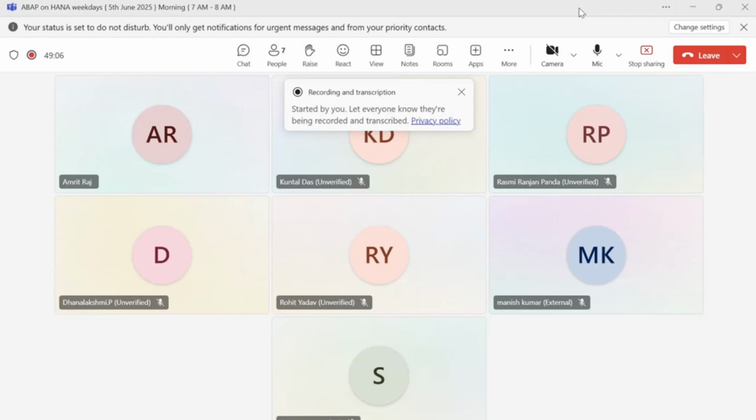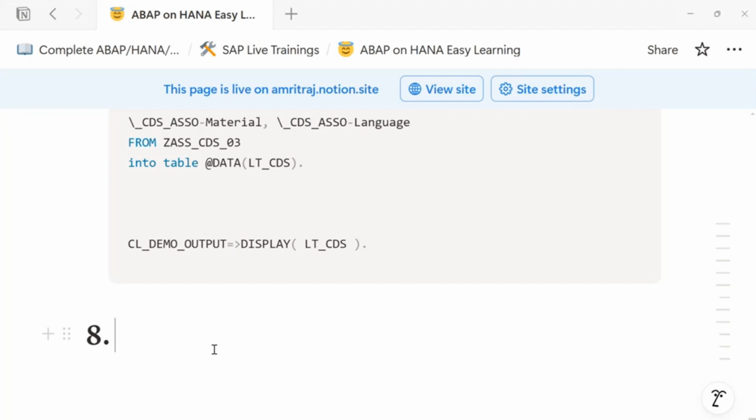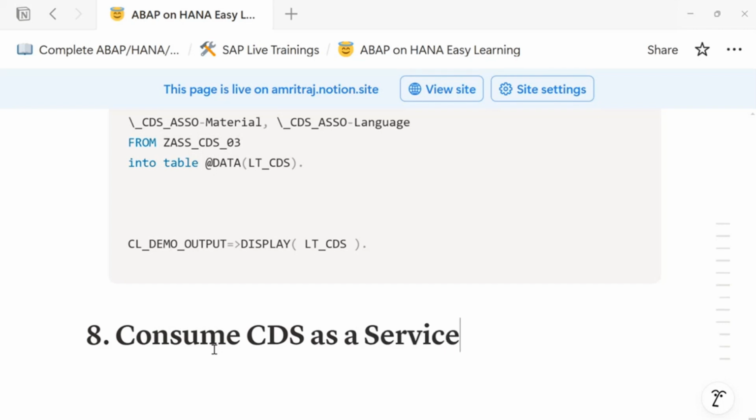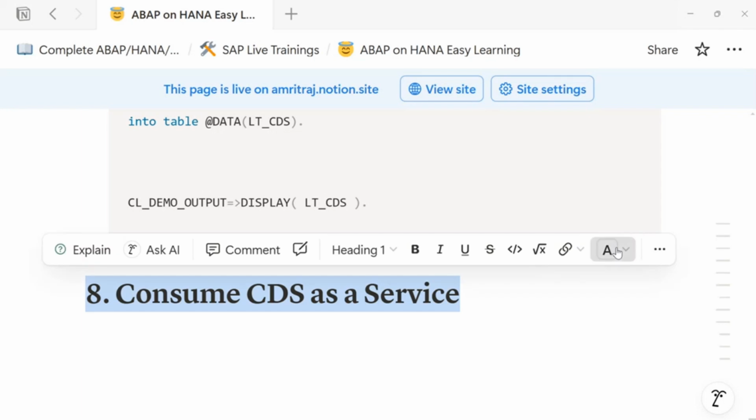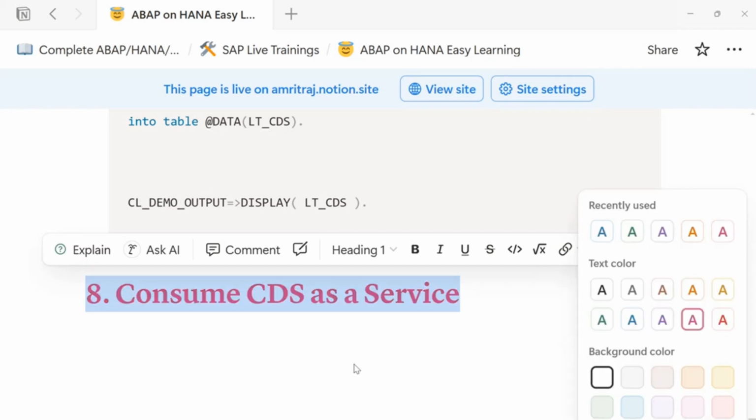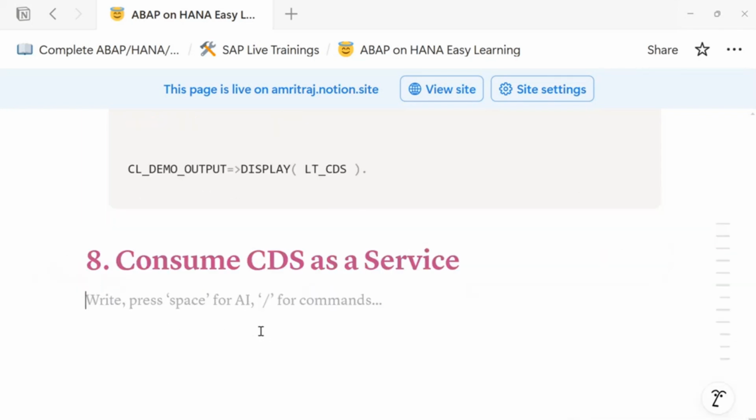Next thing is, now this is a view, correct? And it is returning me the output. So we can consume CDS as a service. Earlier, we were creating any service from the SEGW transaction code. We were simply going there and using it, right? Now, using CDS,